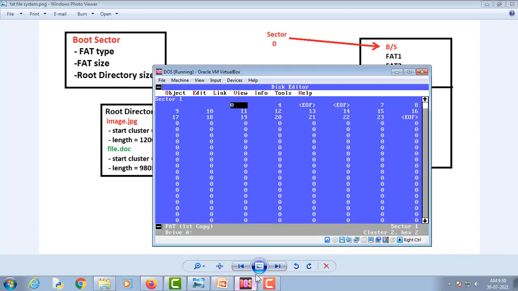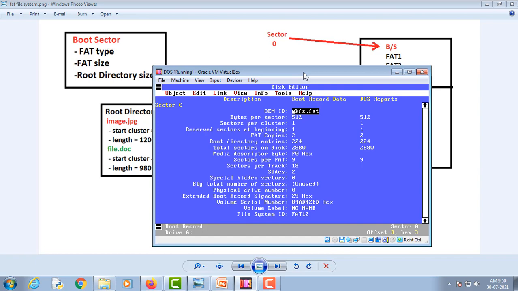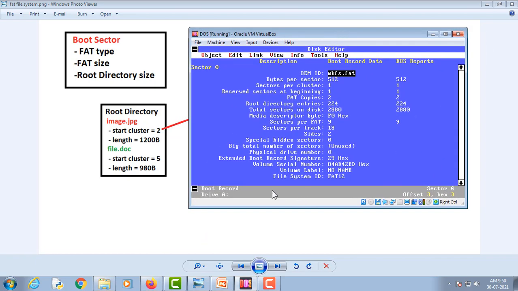Now let's see how a boot sector really looks like in a disk editor. Let's go to boot sector. So this is the boot sector. In boot sector we get information about FAT type. So as you can see, it is FAT12.